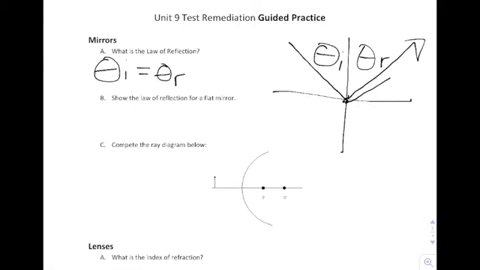Now, whenever you measure with reference to this thing right here, which is called the normal line, where you draw a line that's perpendicular to the surface of the mirror, and when you measure from that, this will hold true for both curved mirrors and flat mirrors. As a result, you get rules. And the rules for those ray diagrams: you draw a line parallel to the principal axis, it reflects through the focal point. Any light ray through the focal point will reflect parallel to the principal axis,